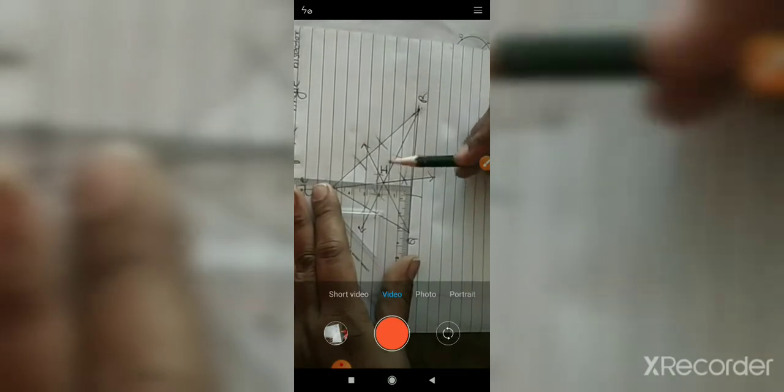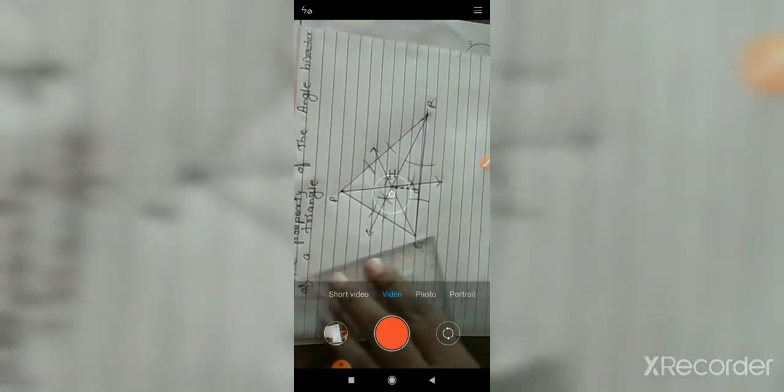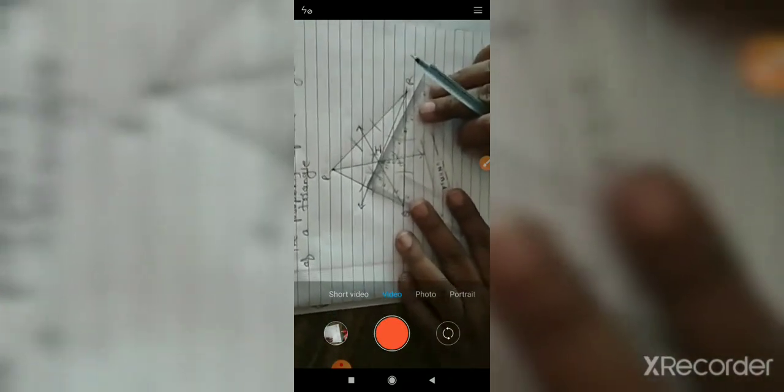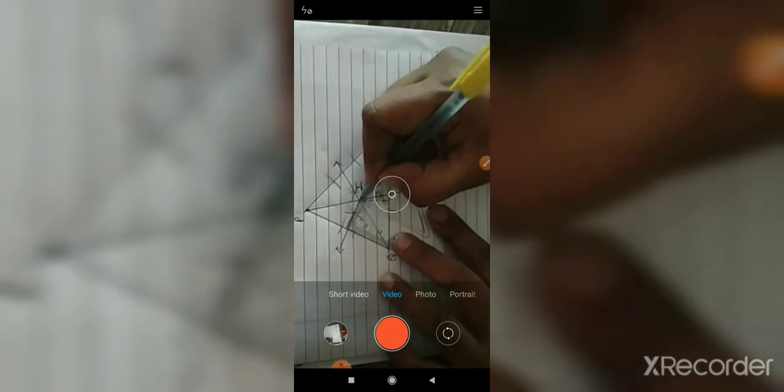If you see here, I adjust so they overlap one another, the side of the set square and the side of the triangle, and one side is passing through this point I. Okay, so this is the perpendicular. I am drawing the dotted line here. Then from this point we have to draw the altitude on PQ. For that, same steps: adjust one side with this triangle side and hold the other side on point I. So this is the altitude on side PQ.